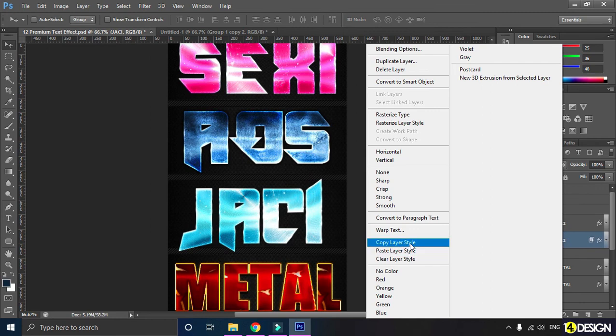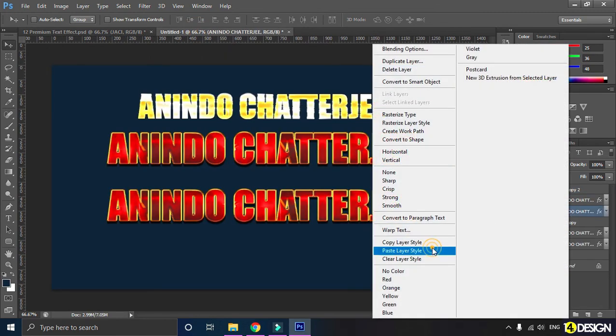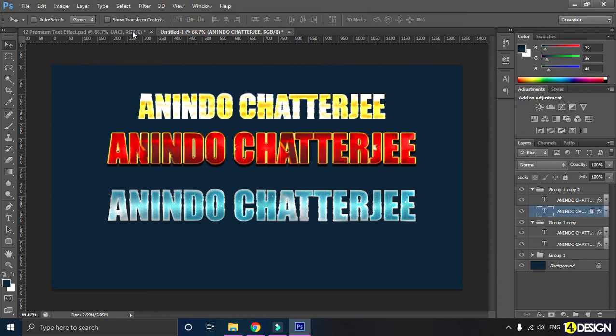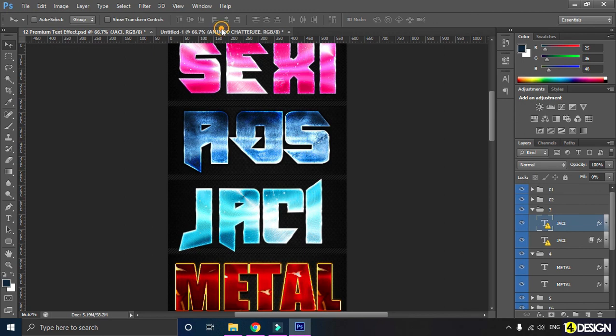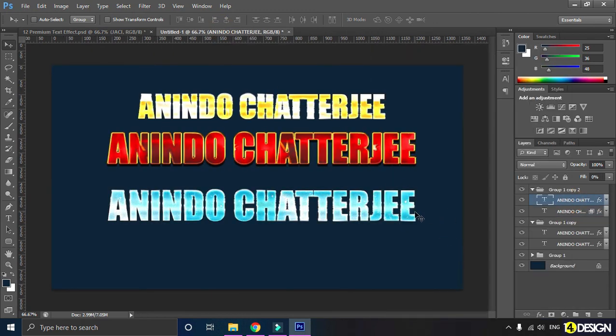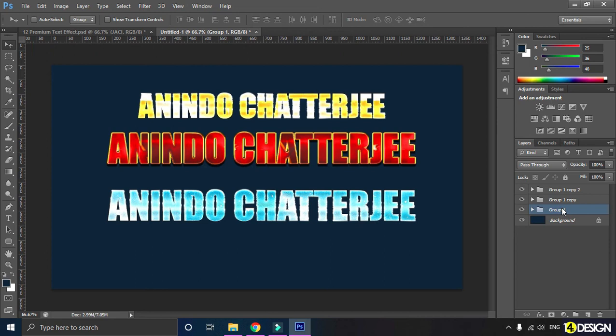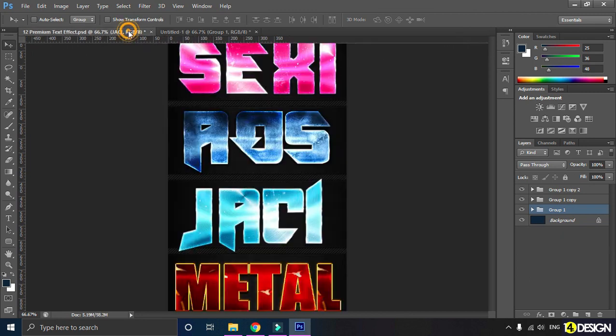Just copy the bottom layer first, paste it, then copy the top layer effect and paste it. There we have it. 3 different effects done in less than 5 minutes.